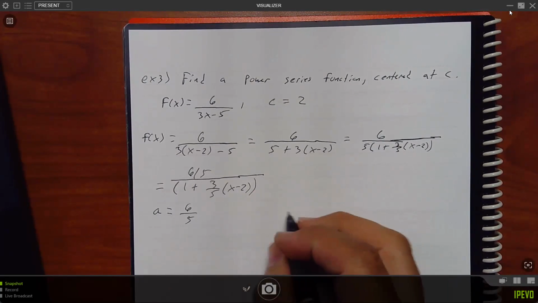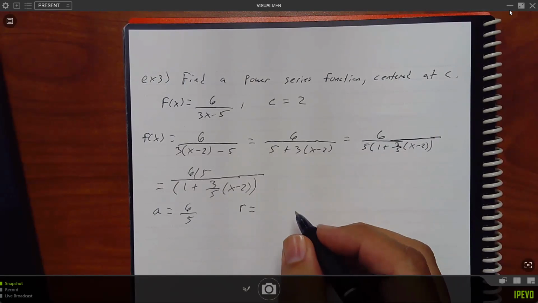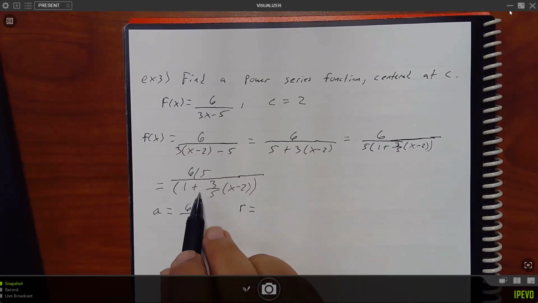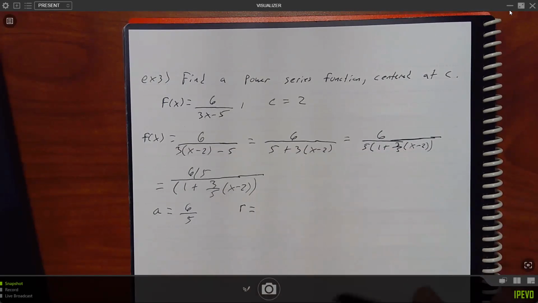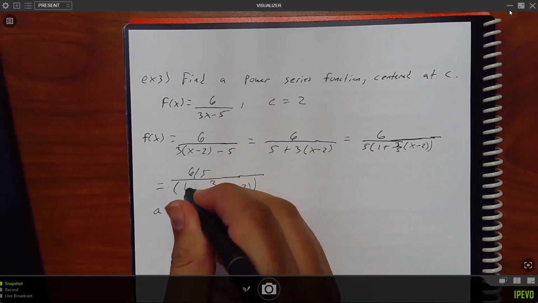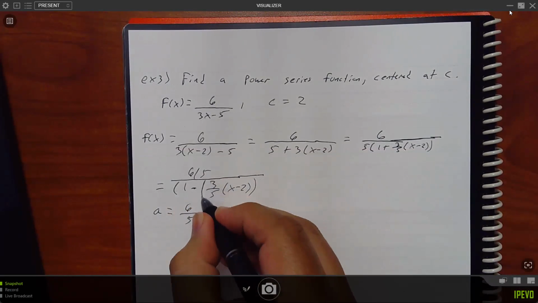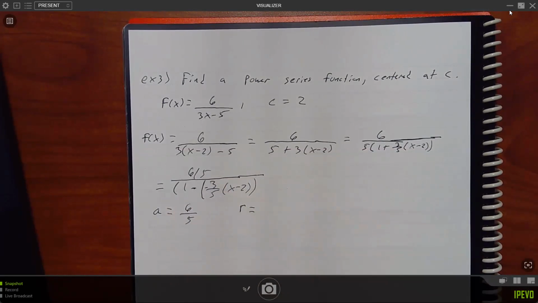What is the r? Well, it needs to be minus, right? For the formula. So we would have to do minus, minus, right? So r would be